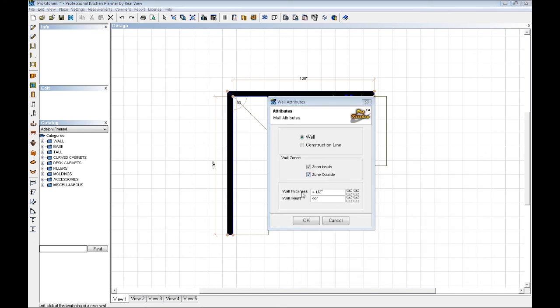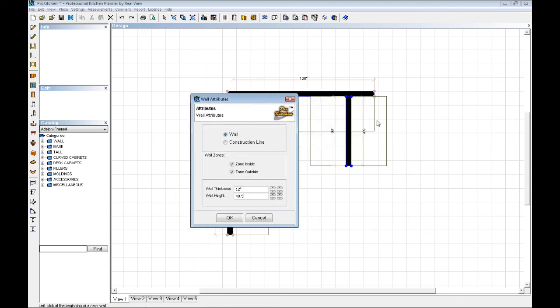In this case, it gives me the ability to change my wall thickness. So let's change this wall thickness to 12 inches. Let's say in this case it's a 12-inch thick wall. I can also change my wall height to 40.5 inches, which allows for the 40.5-inch wall and the 1.5-inch countertop to be at 42 inches. I can change it from a wall to a construction line if I want it to be just for my placement zones. The other thing it allows me to do is change my inside zone or my outside zone. The importance of zones is as follows. If I were